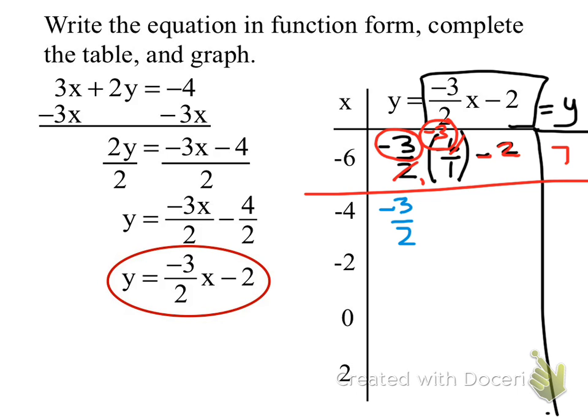Negative 3 over 2 times what, William? 4 over 1. Negative 4 over 1 minus 2. What can I cross cancel, William? I can take out 2 here, I'm left with a 1. And I can take out 2 here, and I'm left with negative 2. What does this become? Negative 3 times negative 2 is negative, no, positive 6 minus 2. Negative 4. Okay, do you understand it now? Yes. Okay, so now